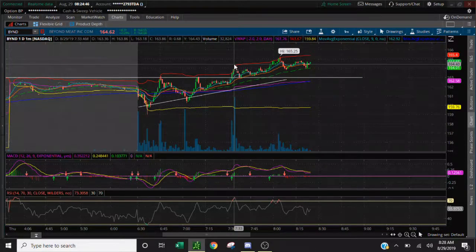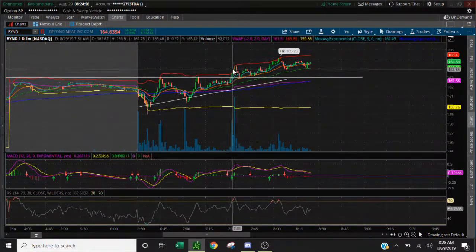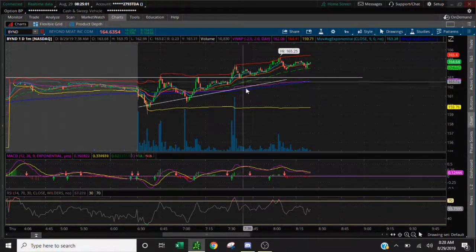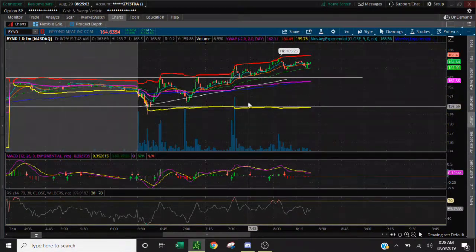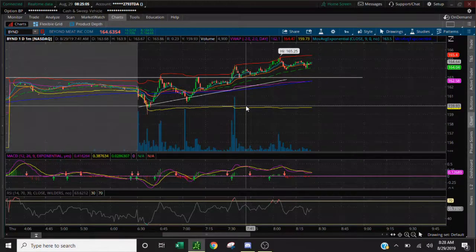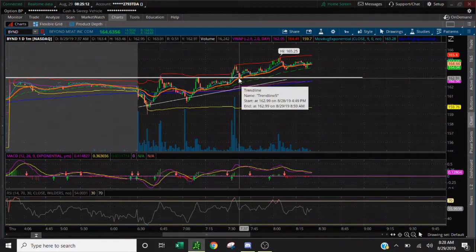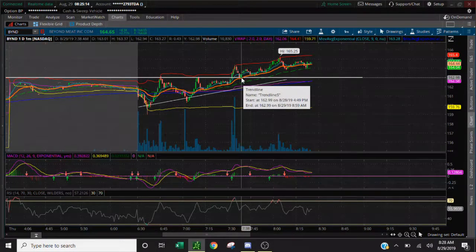and then sold into strength. And then I told you guys to wait for a pullback at 163 to test it as support. Oftentimes on these breakouts you'll have what's called a false breakout. You'll have something where it breaks out and then just comes right back down, either into the pattern or just fakes you out and decides to dump. So I said to wait for it to come down and add at 163 to your position,